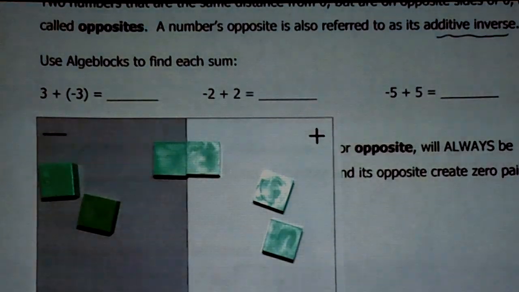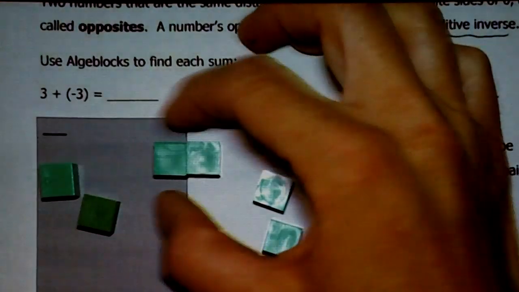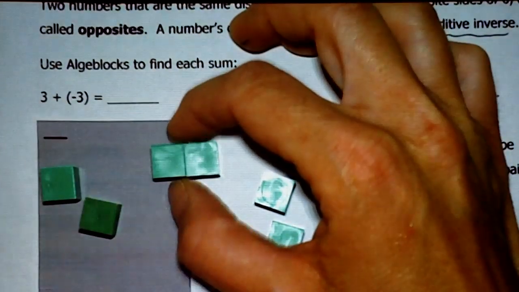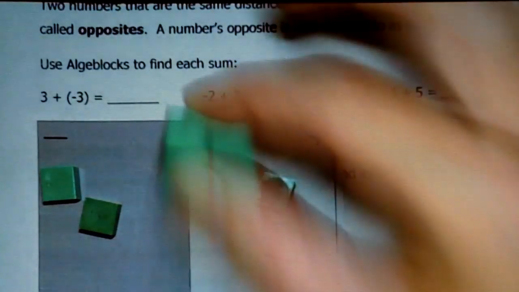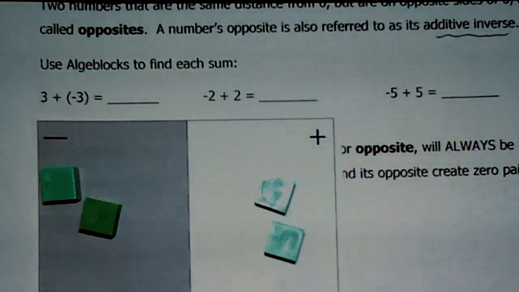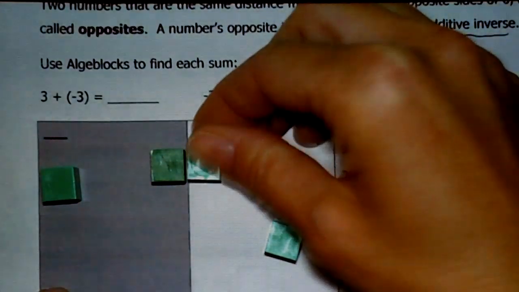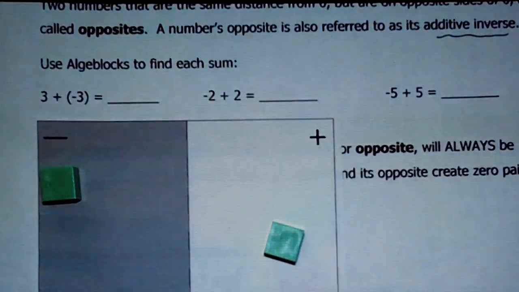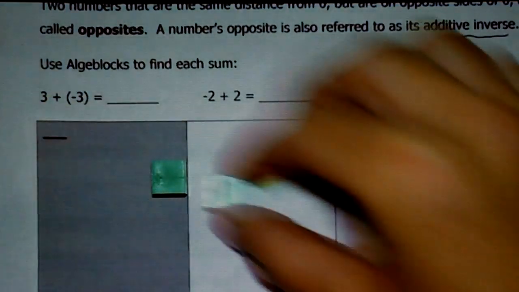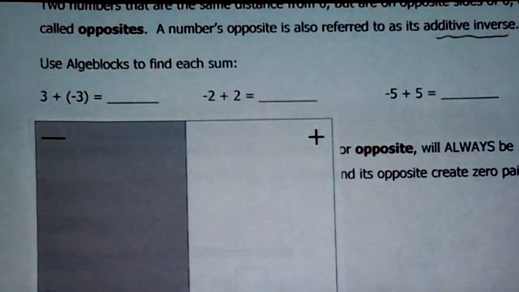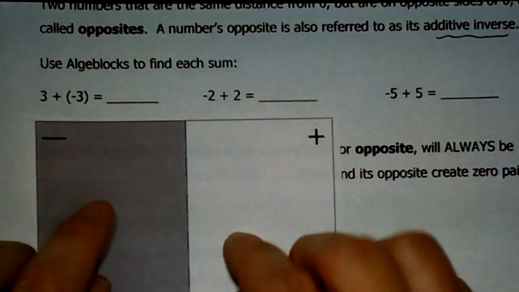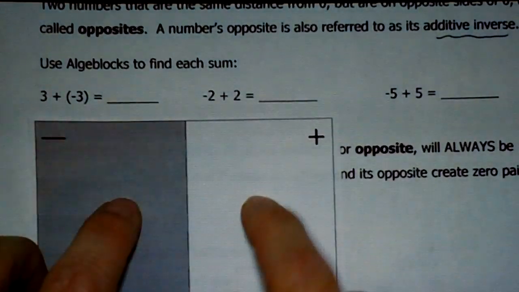That's right, 0. So when you add a negative 1 and a positive 1, since opposites attract, they get married and they go on their honeymoon. They're gone. They form 0. And the same thing here, this negative 1, this positive 1, poof, additive inverse. They are gone. This negative 1, this positive 1, poof, additive inverse. They are gone. So what happens when you combine a 3 and a negative 3 is you are left with,